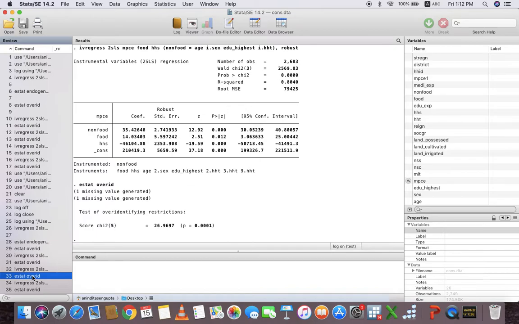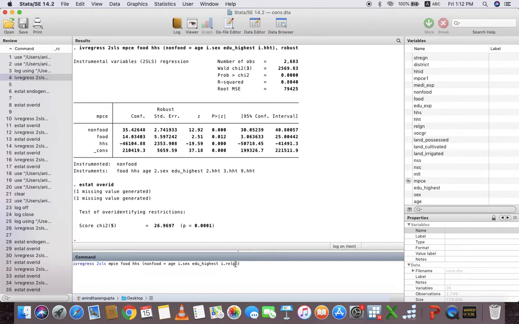So therefore HHT, the household type dummy, is not a correct instrumental variable for our model. So we have to delete it from our whole system.